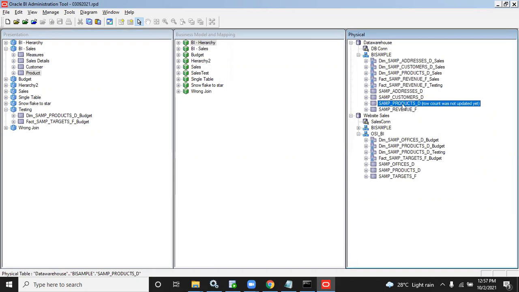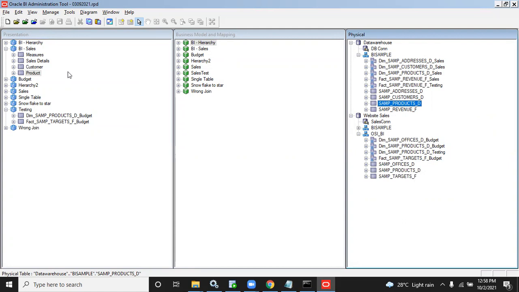I created the prompt on this, but the report is created using this. So the table name is the same in the database, but in the physical layer, those are different tables. This is an alias table, this is a normal table, and this is present in this schema, this in that schema, different databases.